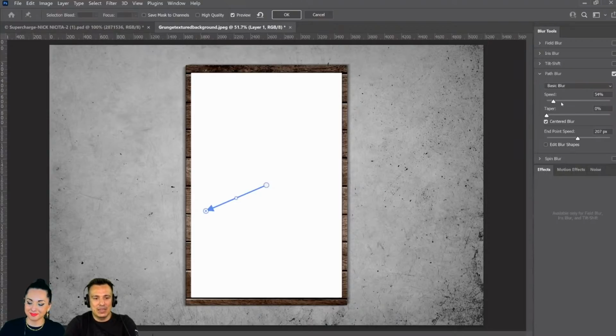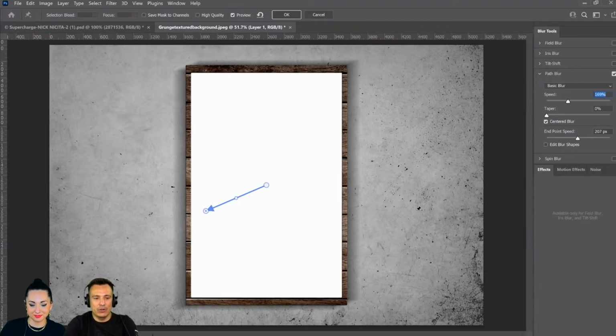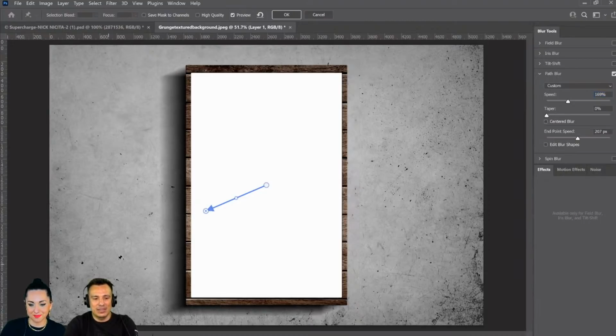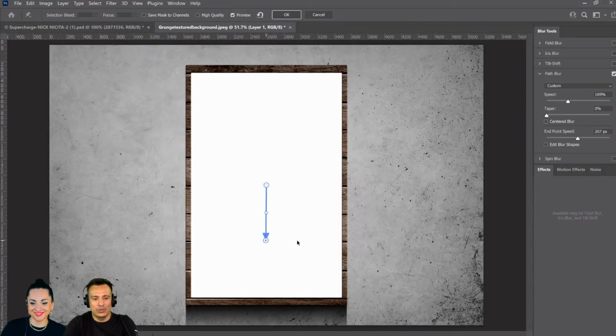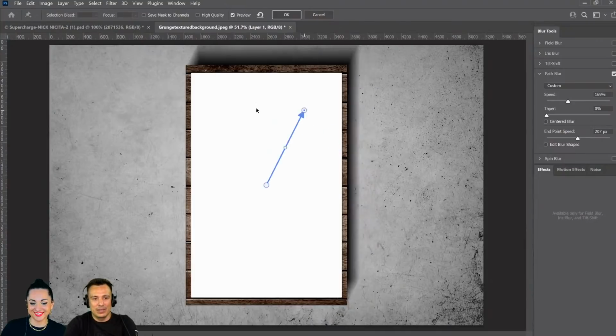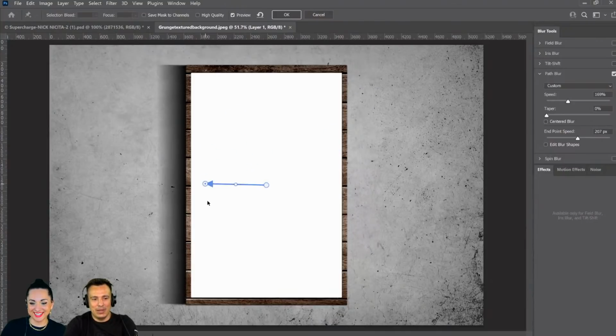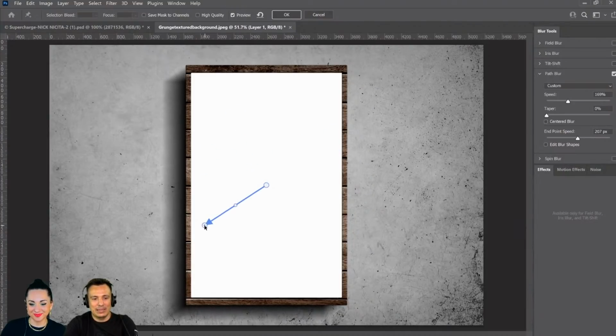And you can increase the speed here. But notice that the blur is just going in both directions. So I actually only want it to go in the direction that the arrow is pointing. So I'll uncheck the center blur box. And see how that looks super, super cool? Look at this. Super cool, right? You guys like that? That's amazing. I don't know why, but I didn't know about that. But I like that a lot.